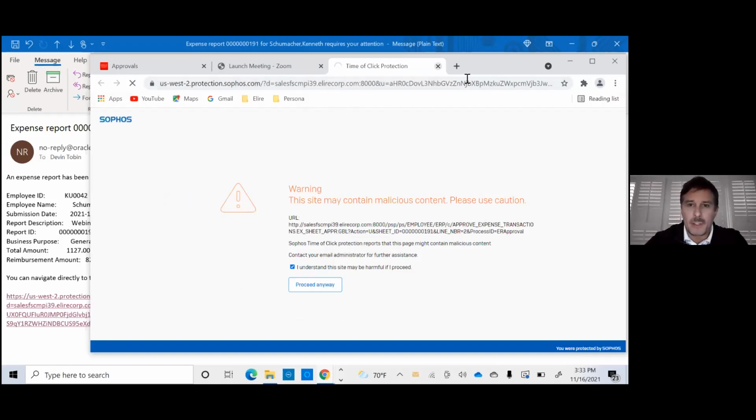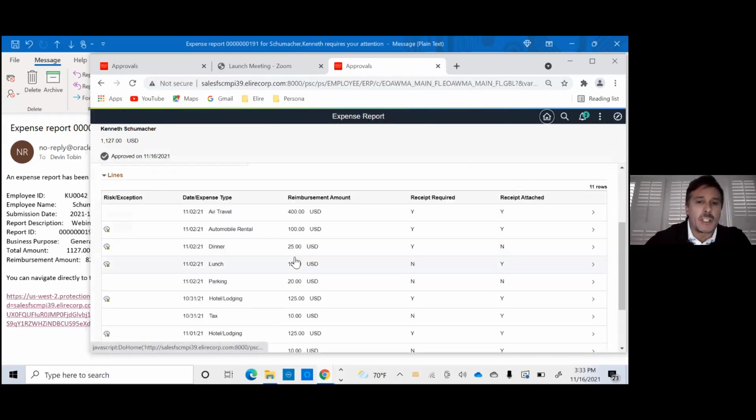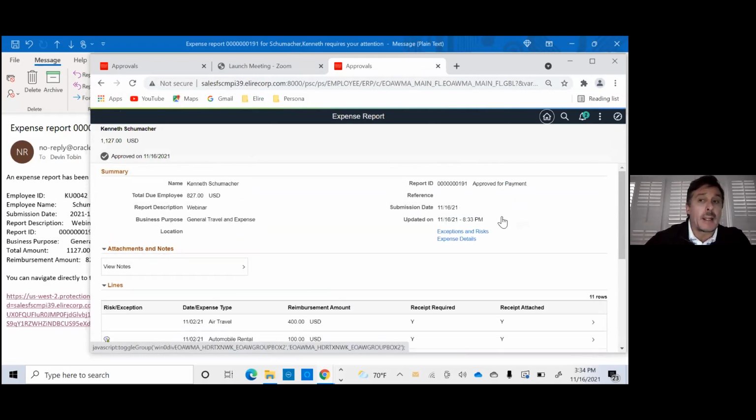Okay. Maybe it doesn't want to, but anyway, it will. So it basically, with my credentials, okay, there we go. So it took me back to the expense report itself, and I can look at it, and then I can make the approval. Now, even though I've already approved it, I can drill down through Outlook, I can drill down